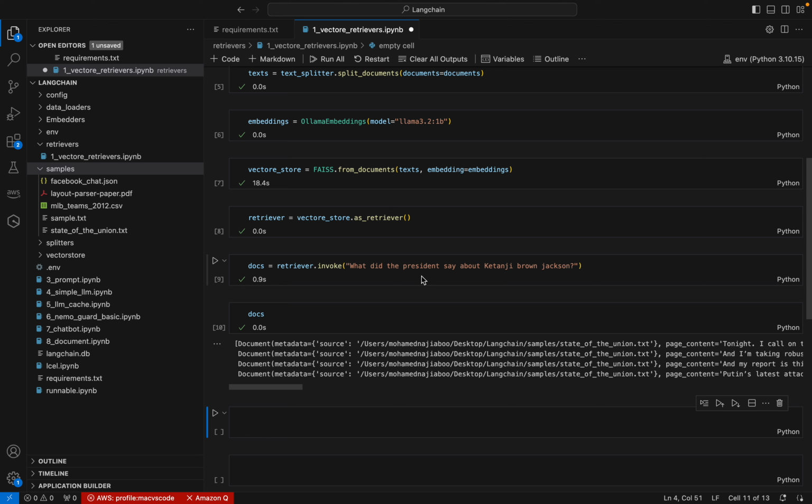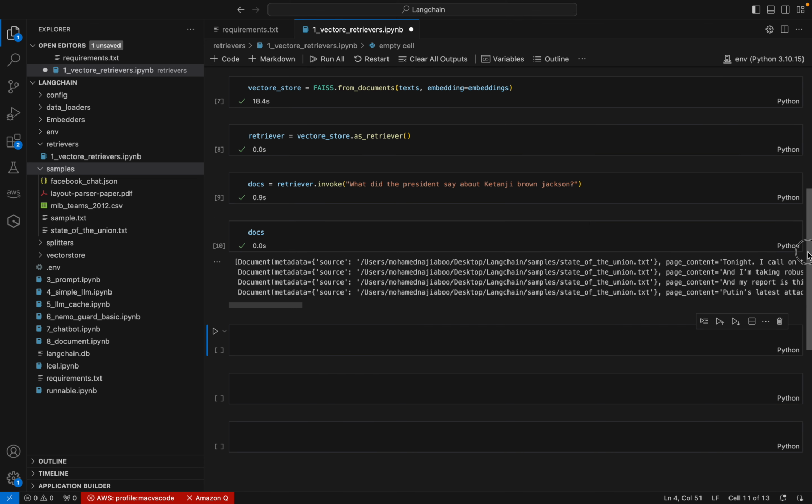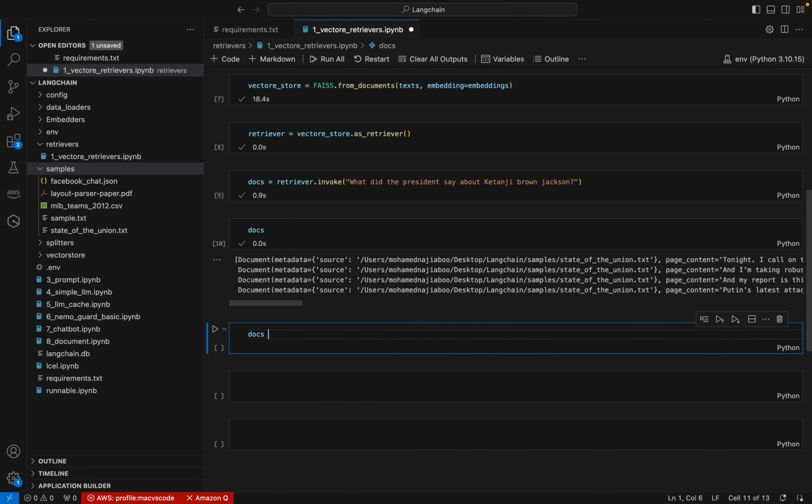So basically the retriever is using the similarity search, but we can use the maximal marginal relevance retriever also. For that, when I create a retriever, here I can use MMR as a parameter. Here I can pass search type